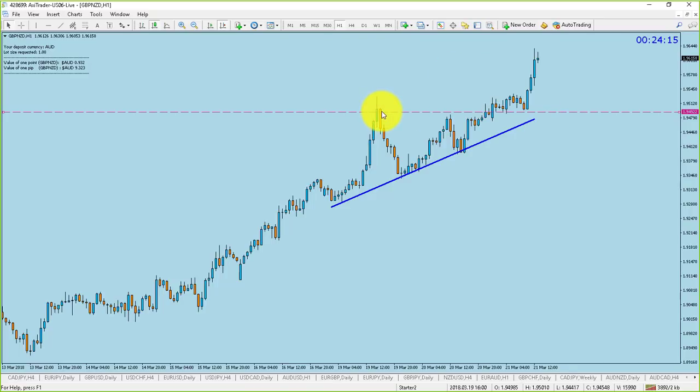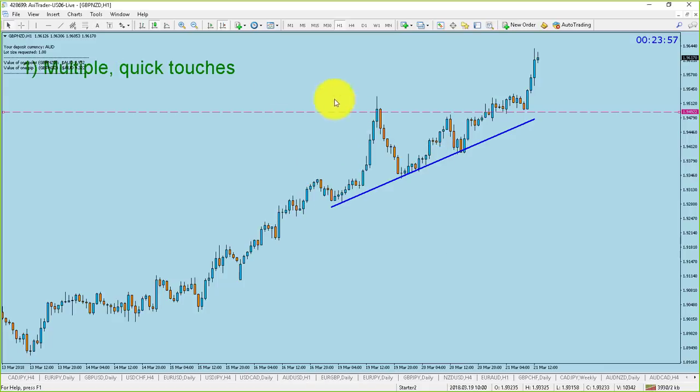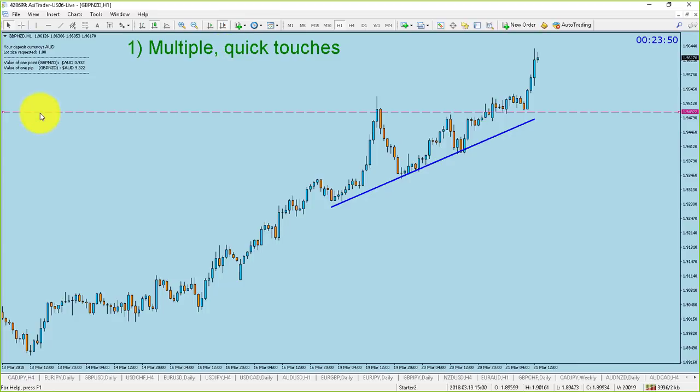Now, one of the interesting things about breakouts is that typically you will see the market touch the horizontal level multiple times in quick succession. So breakouts have these common elements. One is multiple quick touches, which is exactly what you have with the squeeze play. Multiple quick touches. The second thing that you have here